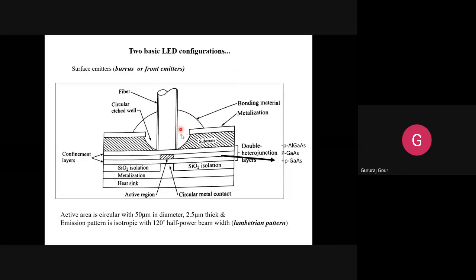Here the fiber comes and makes contact with these three confinement layers, or double heterojunction layers, because these three layers are similar in characteristics to the two cladding layers and one core layer of the fiber. This is the middle P core layer where the recombination process is happening, which is known as the active layer. So remember, this active region where recombination happens is the heart of the operation of any kind of LED, whether surface emitter, edge emitter, or the previous one.